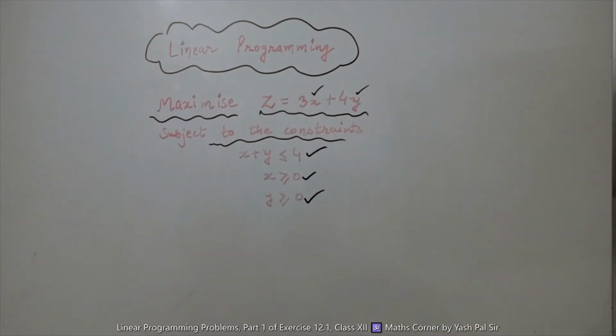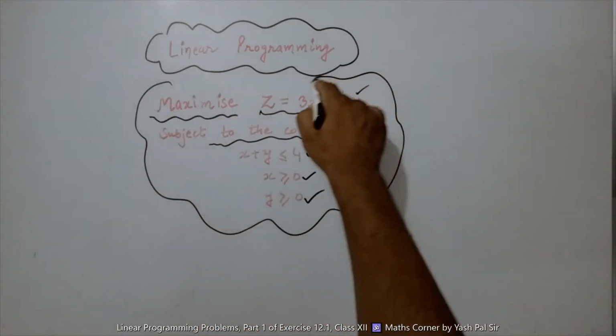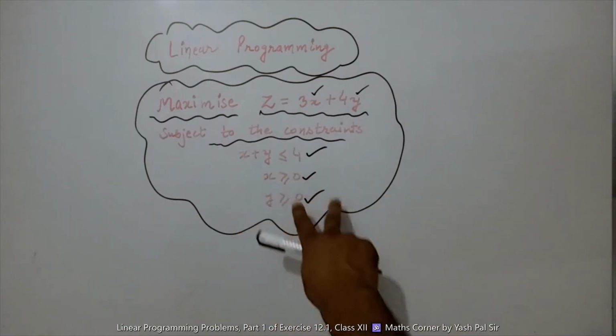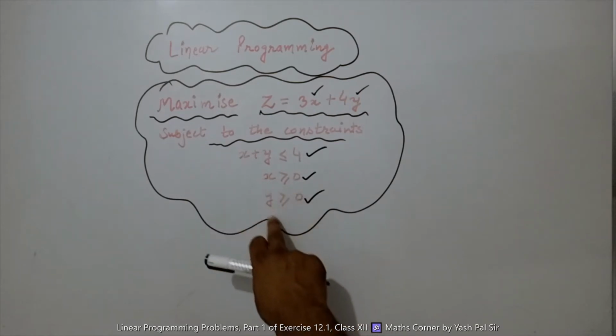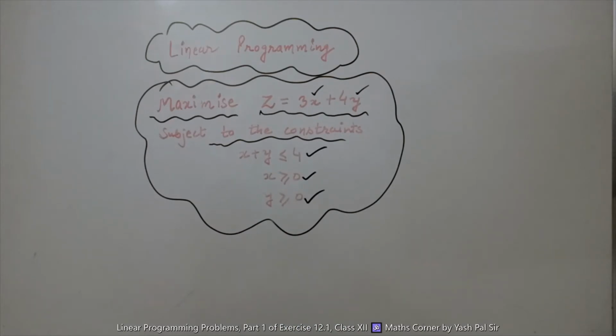This is a single inequality in this problem, but we can have many linear inequalities. All those linear inequalities should be satisfied along with these two non-negative variables x and y, right? The term linear implies that all the mathematical relations used in the problem are linear relations, while the term programming refers to the method of determining a particular program or plan of action. So let us start now.